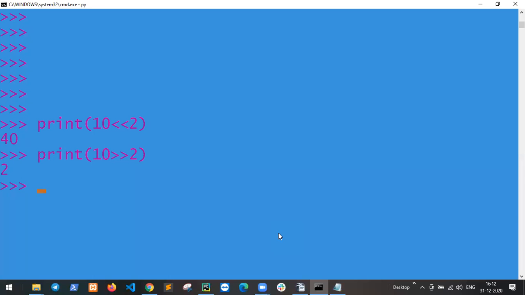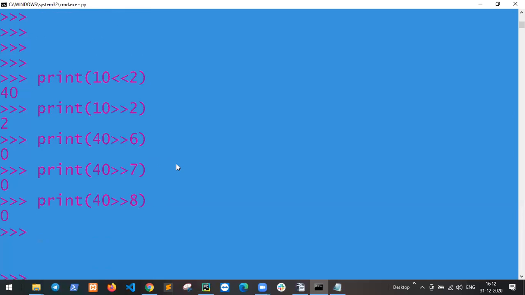Now your practice: print 42, 60, 70, 80. Only decimal to binary change.